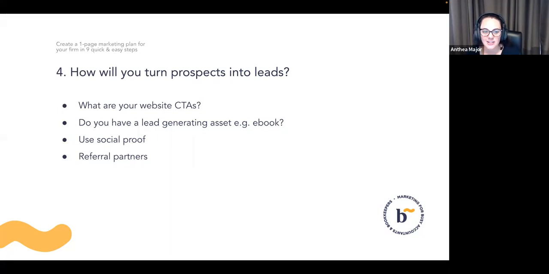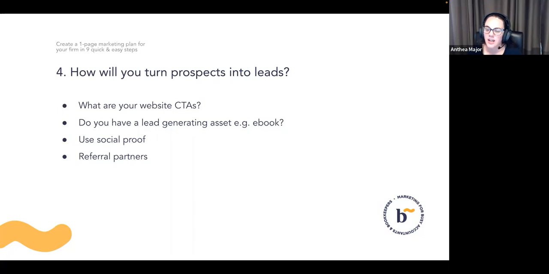Another thing I would probably insist that you have on your website these days, if you want to attract new work, is what we call a lead magnet, or a lead generating sort of asset. So it's a piece of high value content that you use to encourage people to give you their contact details. Basically, that's the end goal. It's just going to take something quite high value in order to get them to hand over their details.